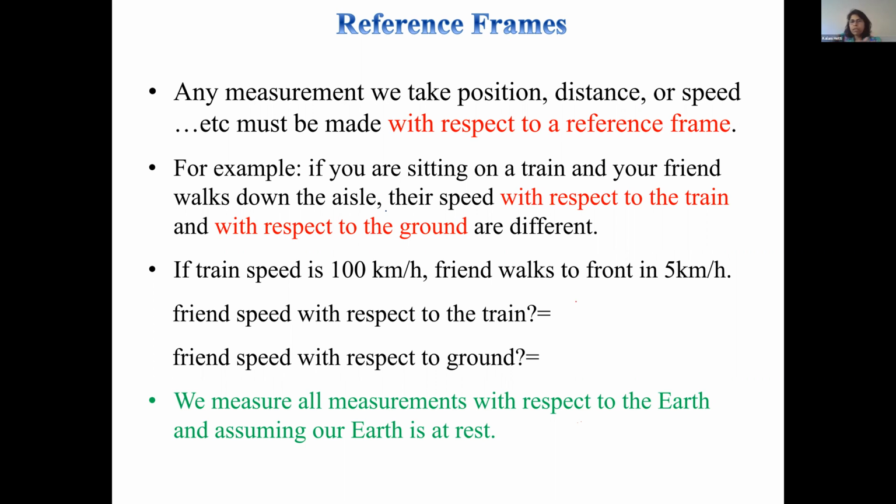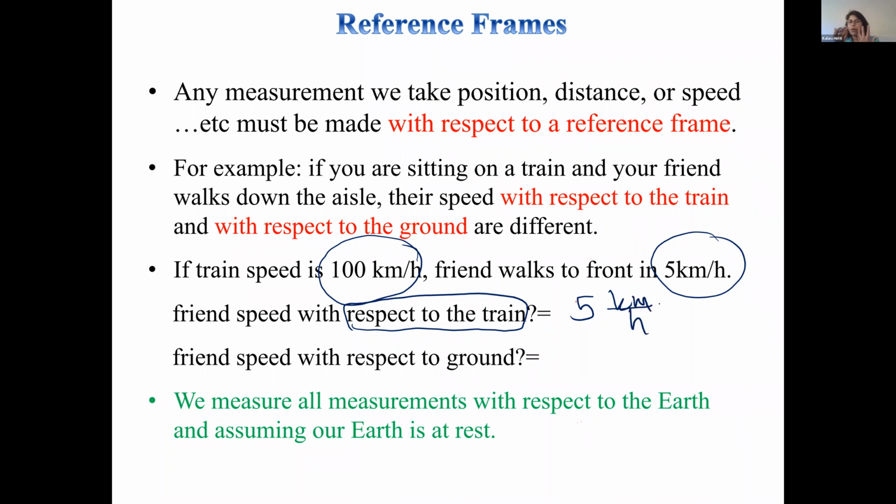But a simple example I'm going to take here, say there is a train that has the speed 100 kilometers per hour, and there is a person inside the train walking in the frontward direction 5 kilometers per hour, right? So now when this happens, if you measure the speed of the friend with respect to the train, that means the friend is walking inside the train, you are measuring the friend's speed with respect to the train. That means you are basically keeping the train at rest as your reference frame. Then the speed of the person will be 5 kilometers per hour,